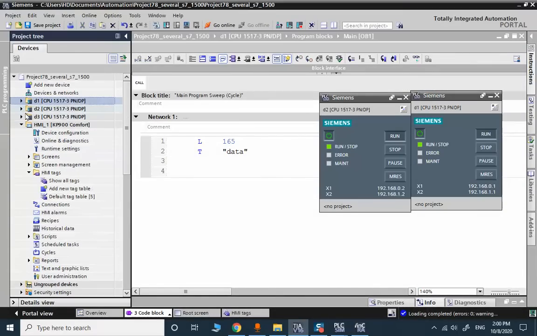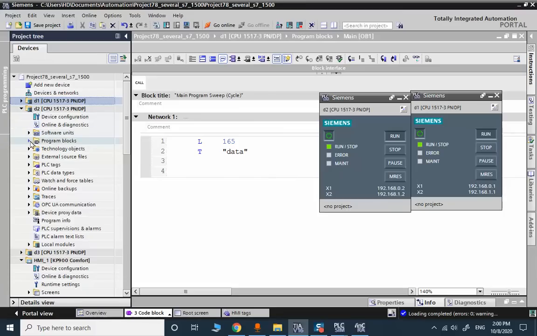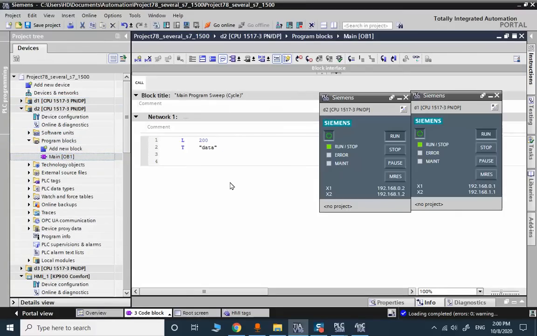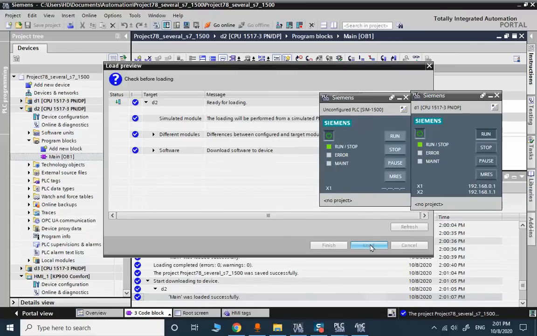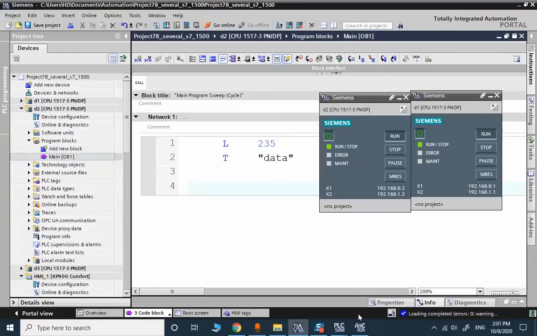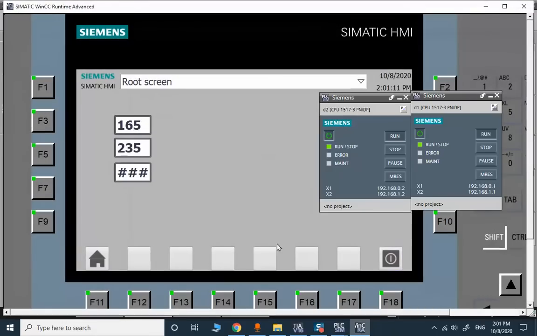For the second CPU, we may have a newer value. Let me zoom a bit here. 235. Let's save and download. And 235. Okay, in this video you find out how it's possible to connect